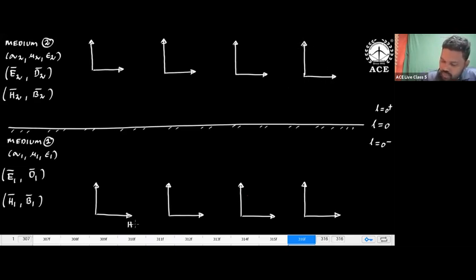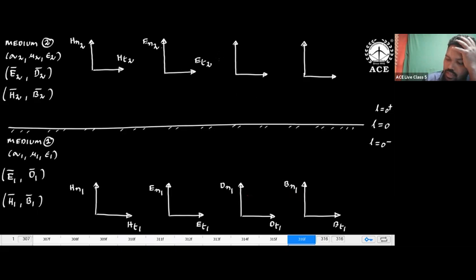Here it is HT1. Here it is HN1. Here it is ET1. Here it is EN1. Here it is DT1, DN1, BT1, BN1. Here it is HT2, HN2. Here it is ET2, EN2, DT2, DN2, BT2, BN2. As I said earlier, to deal with first two equations, I'm going to consider the loop across the media